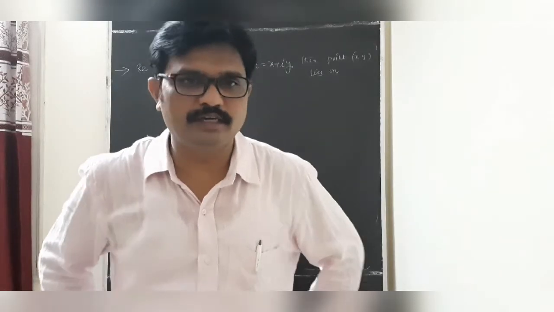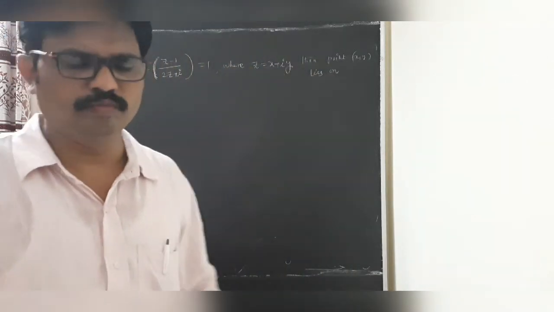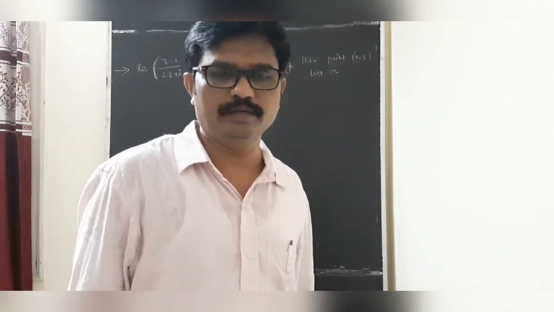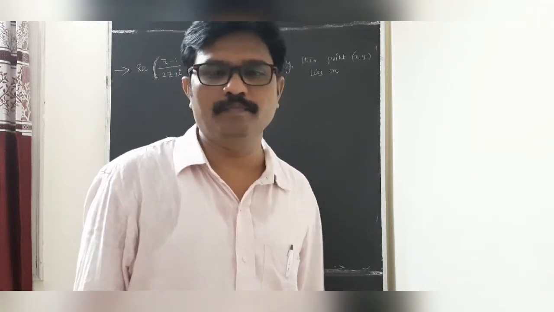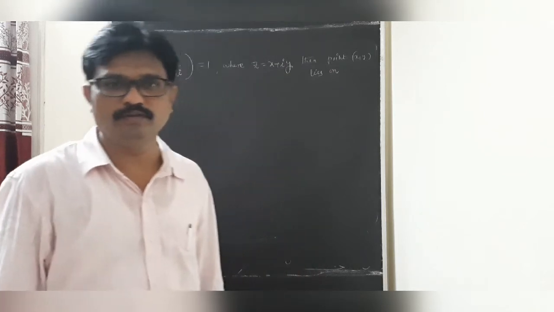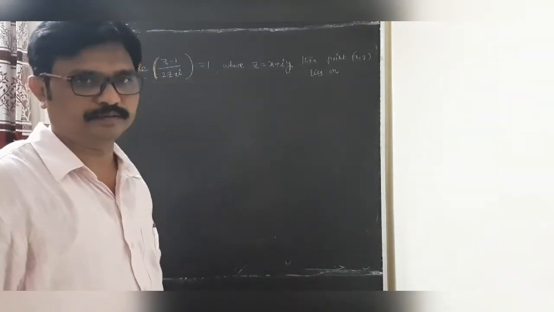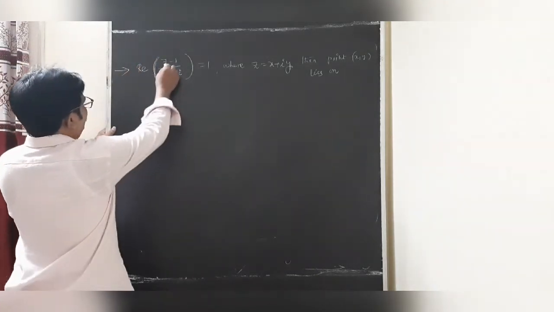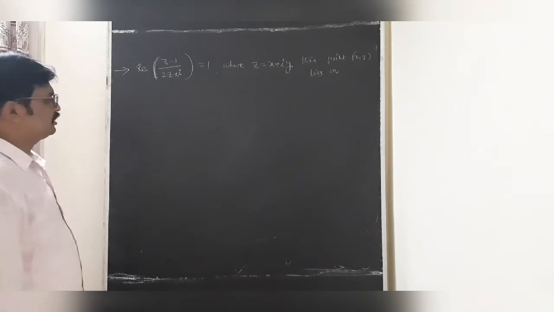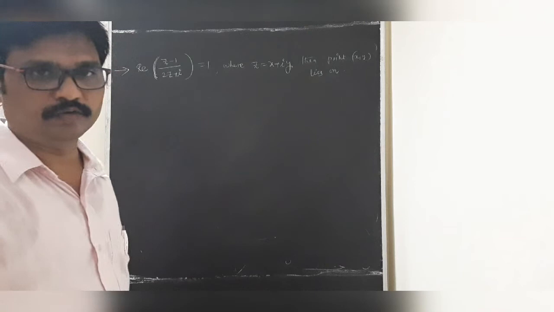My dear students, this is related to complex numbers. It is also quite simple. So many questions are there in complex numbers based on Coni's theorem, rotation theorem, geometrical applications, but they are asking only a very simple question. So what is the question, students? Real part of z minus 1 upon 2z plus i equal to 1.